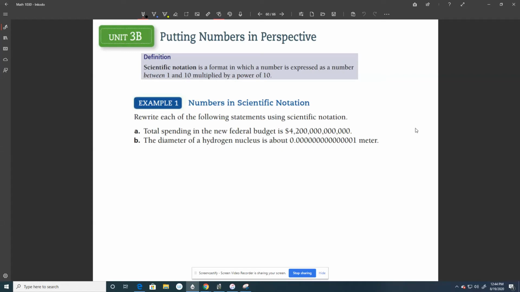All right, today we're talking about putting numbers in perspective, which can vary from person to person quite a bit on how well this works and on how well they can actually perceive the numbers. So the idea here is, if you look at this first example, if I'm looking at the total amount that is spent on a federal budget, and I just give you this number,